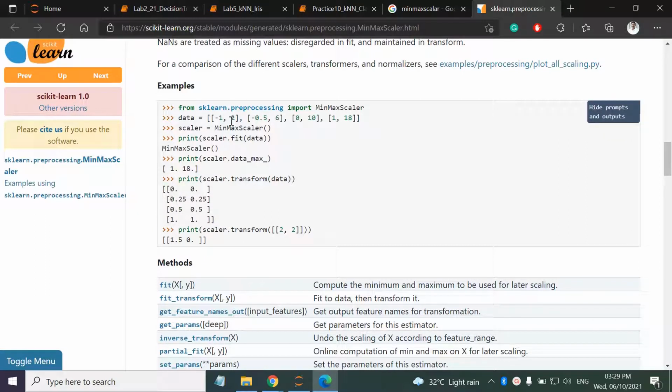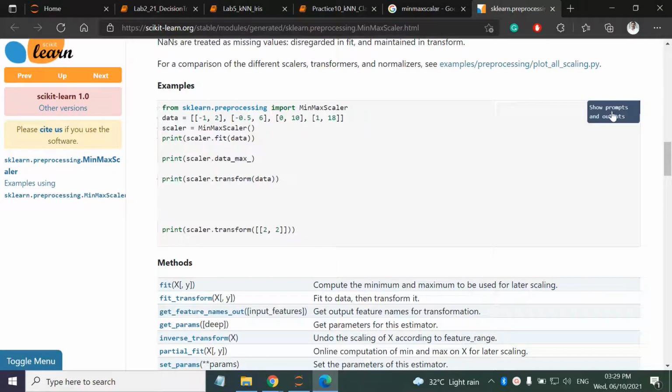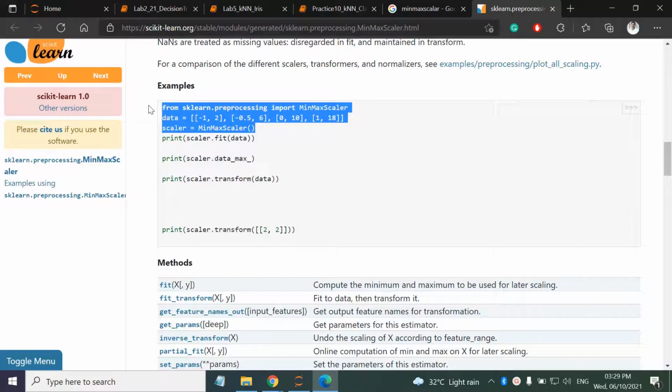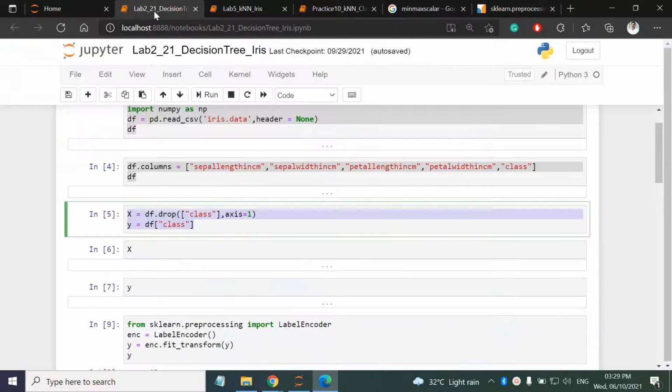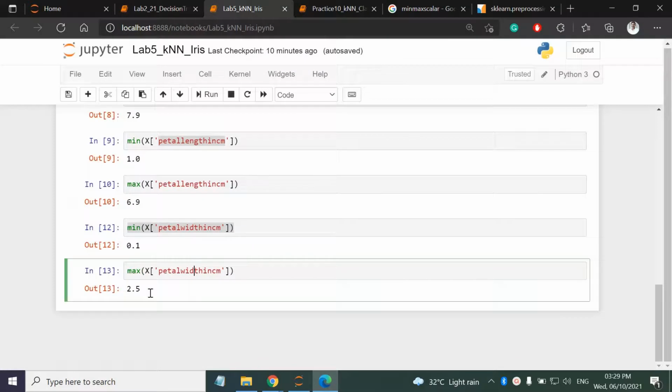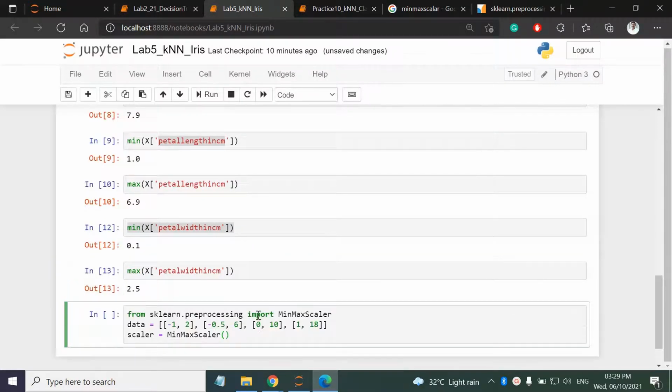So the same thing we want to do for our example. Let us copy this. We are interested in this MinMaxScaler. So we are using MinMaxScaler. Create the object, we don't need this.